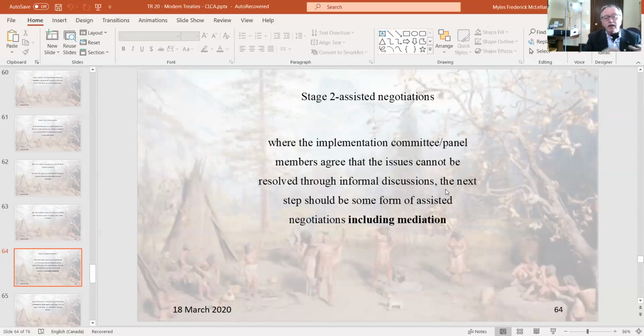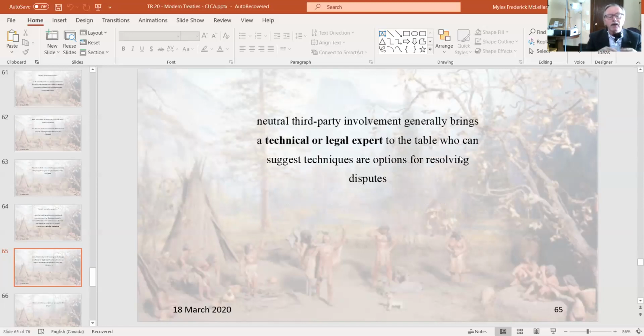If the negotiations, including having experts come in, don't work out between the parties, so the informality of those negotiations doesn't come up with a resolution, then you move to what's called stage two, which is considered to be assisted negotiations. This is where we have a neutral third party who will come in, and it's called conciliation or mediation. The parties come before a neutral third party and enter into, again, further negotiations.